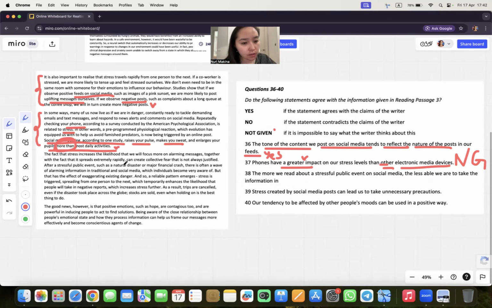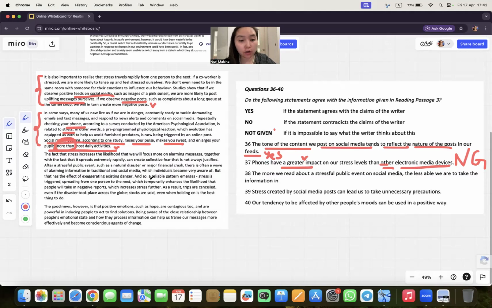Next, the fact that stress increases the likelihood that we will focus more on alarming messages, together with the fact that it spreads extremely rapidly, can create collective fear that is not always justified. After stressful public events, such as a natural disaster or a major financial crash, there is often a wave of alarming information in traditional and social media, which individuals become very aware of, but that has the effect of exaggerating